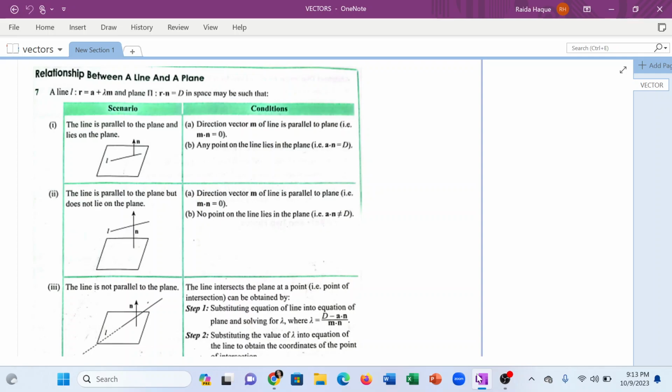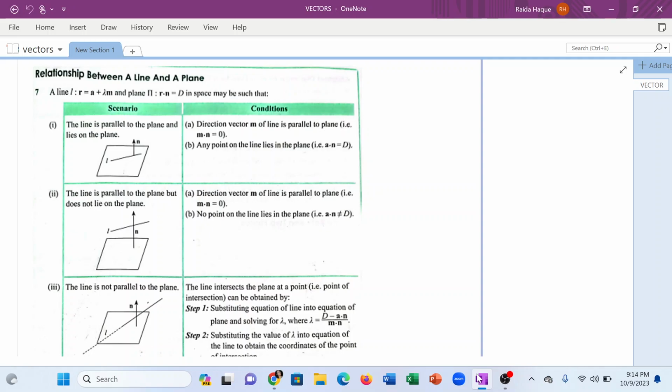So at the very first we have the relationship between a line and a plane. So over here you can see that you're given the equation of the line r equals a plus lambda m, where we know that a is the position vector of a point on the line and m is the direction vector multiplied by a constant lambda, and the plane r dot n equals d in space may be such that, so we have our first scenario where the line is parallel to the plane and lies on